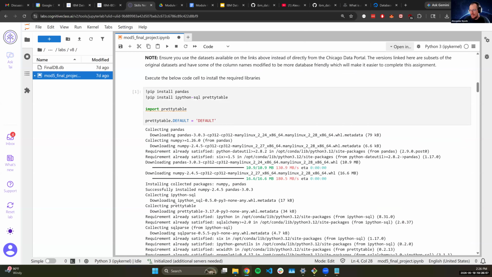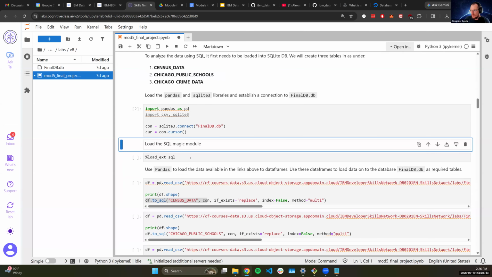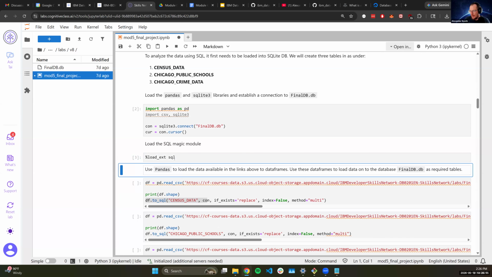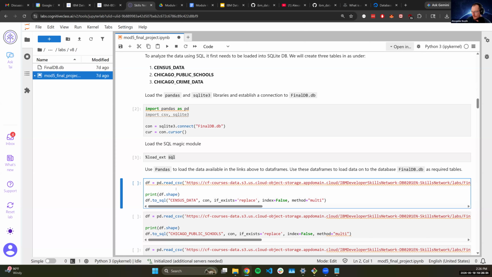Again, the purpose of this week is not ETL, but more on the opposite side. How do we take data out of our database for analytical purposes? We're going to make sure that we're able to run SQL in our Jupyter Notebook. That's what these magic commands allow us to do: write other languages such as SQL in what is traditionally just a Python-based Jupyter Notebook.